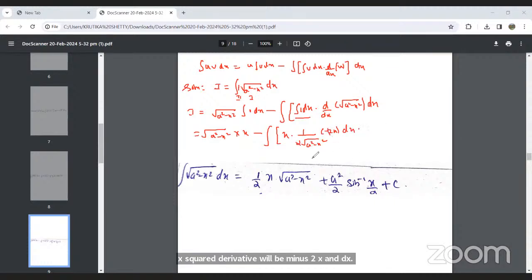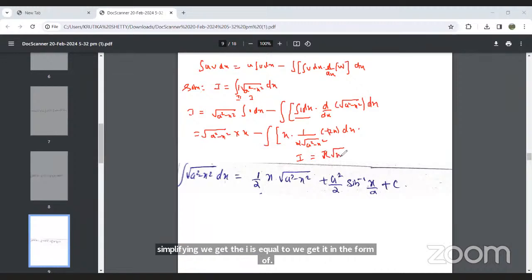So on further simplifying, we get, see, I is equal to, we get it in the form of x as it is. Okay, root of a square